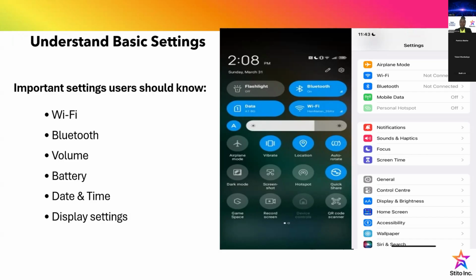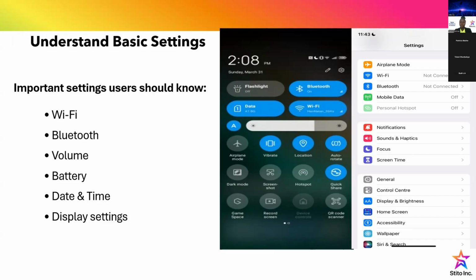It helps us to identify one or two things and practice. We still have practical sessions in the course of this class, where you will do one thing and I will tell you what to do next, and the next. So it is important to understand some basic settings on our devices. Wi-Fi is a very common one. And we have Bluetooth, mobile data, volume. I keep talking about volume because in the settings, it is there again. The battery is important.